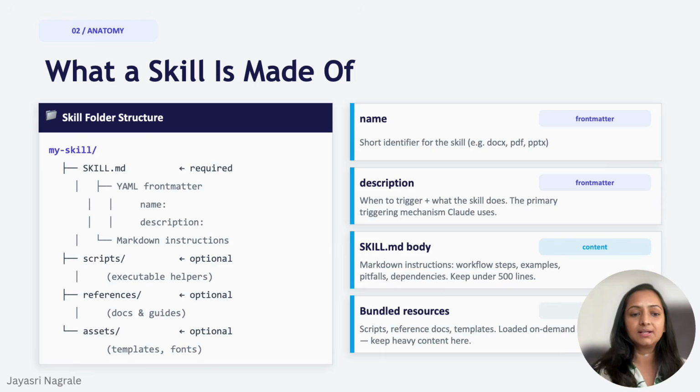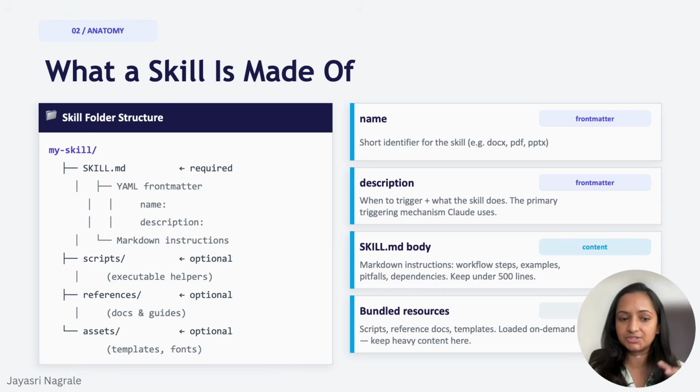So here is the folder. Here, if you see my skill here, that is the folder name. And inside of that, you will have the skill.md file. Now, you cannot really name it something else. It has to be skill.md. And inside of the skill, you will have